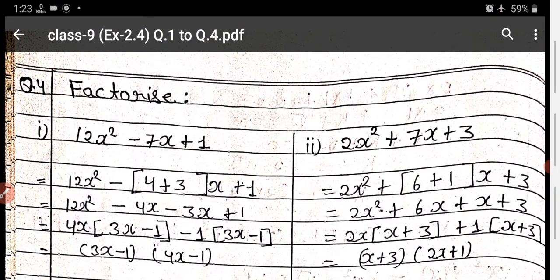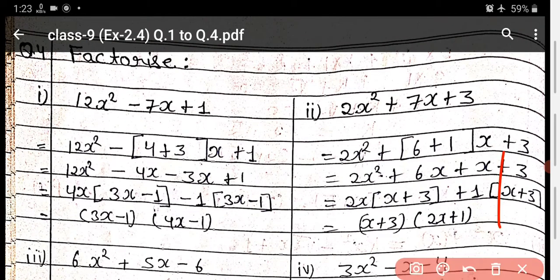Okay, one question I am telling you in detail, the other parts I am telling you directly. Now just see here, 12 ones are 12, do the factor. Now write 12 as it is, the middle term as it is, and then 1 as it is. When you arrange the factors it becomes 4 plus 3, so you have to write 4 plus 3 here. Now open the bracket.